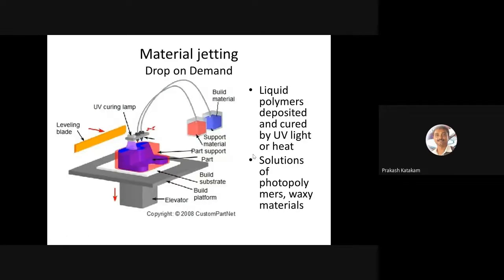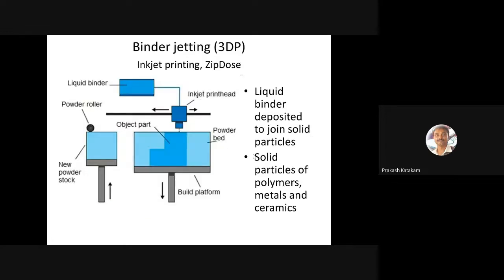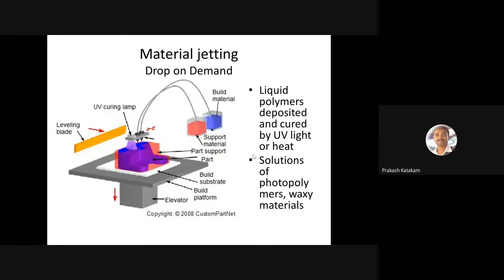Material jetting is similar to binder jetting, but in this case, material will be converted into a liquid form first, then it will be passed through these pipes and sprayed or jetted onto the platform to give a specific shape of the material. In 3D printing, one issue is that if you want to print a cuboid structure like a square upon another square, it is very easy to print.